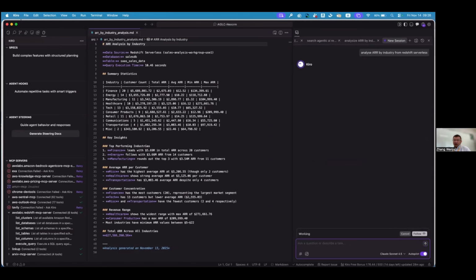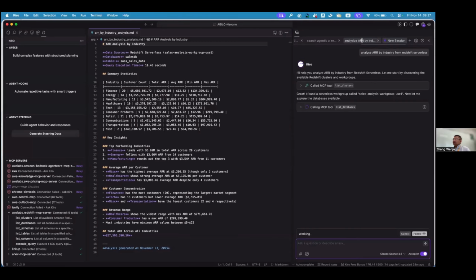The agent will explore the data structure, try to find the table structure and get the related table information, and then generate the SQL, execute the SQL, and finally get the data. So this is a very long trajectory of the agent running like this. I already ran the demo. Let's have a look.